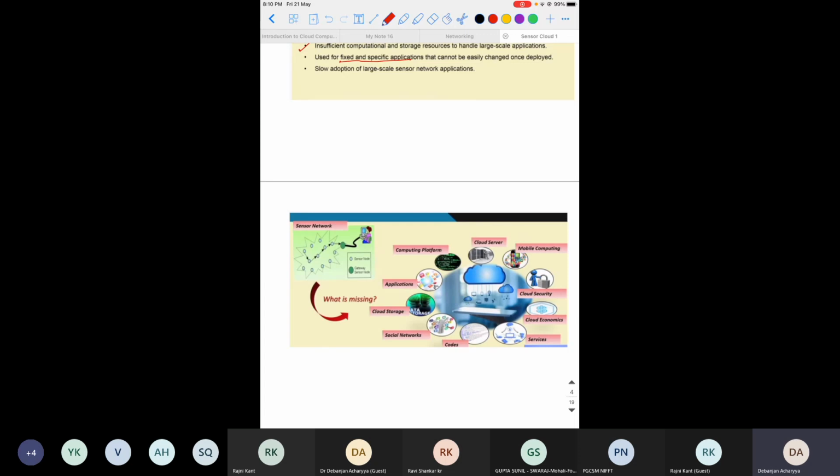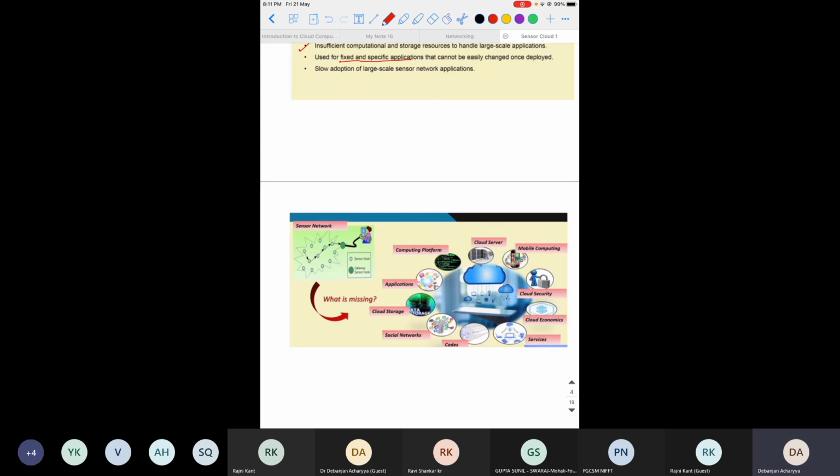But first I want to clear that sensor cloud is not a thing where, for example, you have analog data converted to digital data, and you think I have sensor data and I want to upload that to some cloud, so that is the sensor cloud.